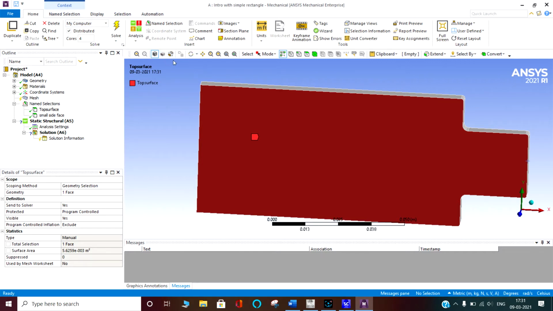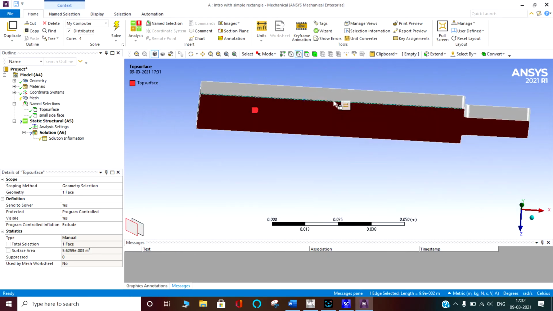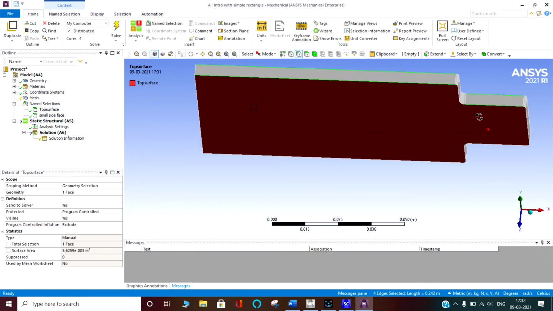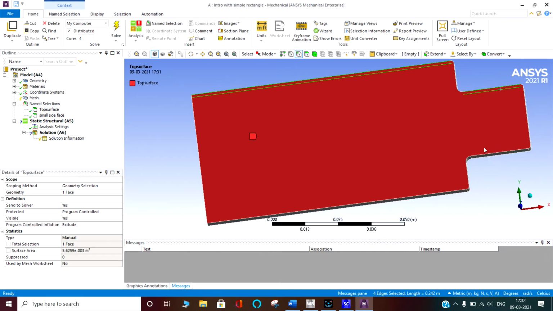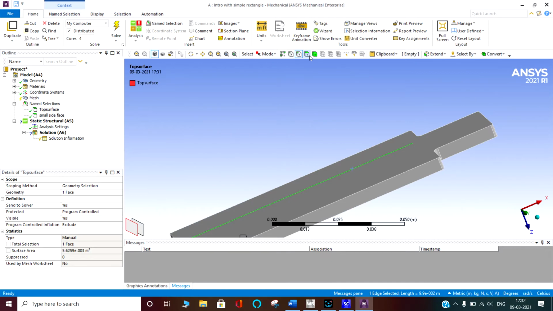Okay, this bar is called the graphic bar. Why is it called the graphic bar? Because here you can select different things. For example, you can select vertices. If you want to select edges, click on the edges. You can Control-select if you want different edges. If you want just one, then only this one. Similarly, the surface.